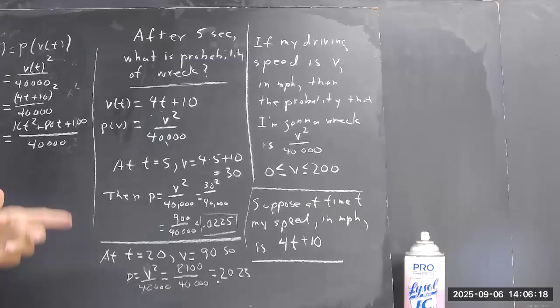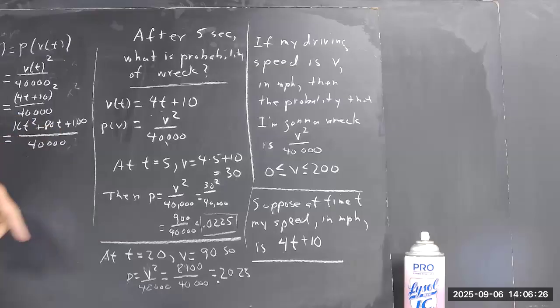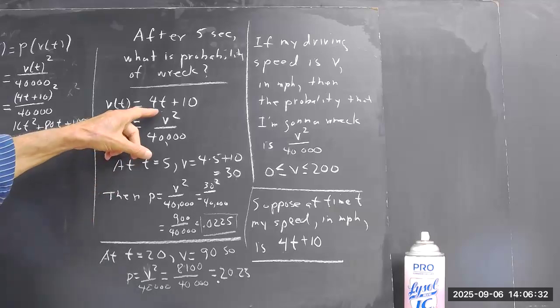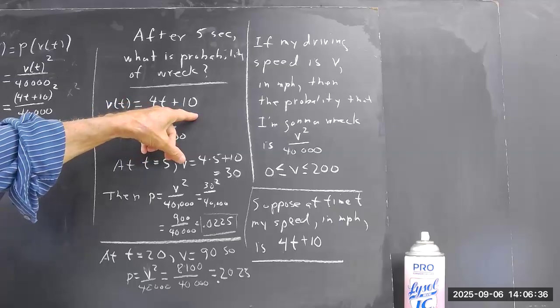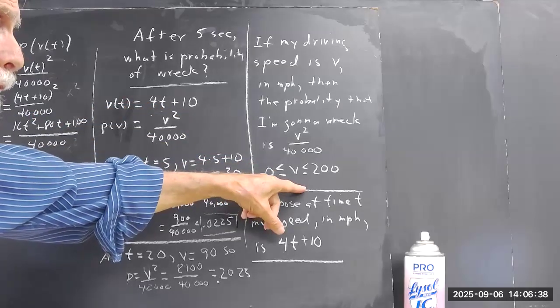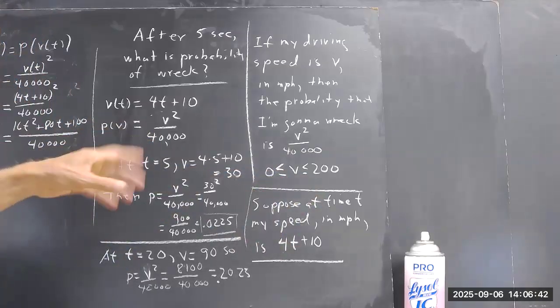And now, if you want to calculate your probability of a wreck after so many seconds, you just plug T in here. You want the probability of a wreck after 100 seconds? Well, you can't use 100 seconds because if T is 100, you get 410, and you can't go 410 miles an hour. We're limiting you to 200 miles an hour, which is a pretty